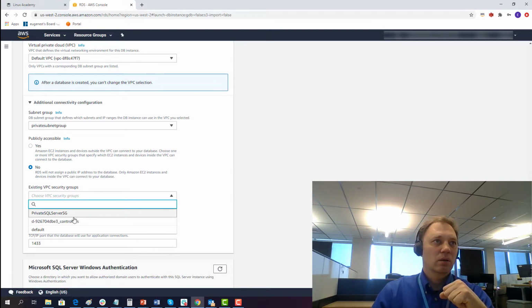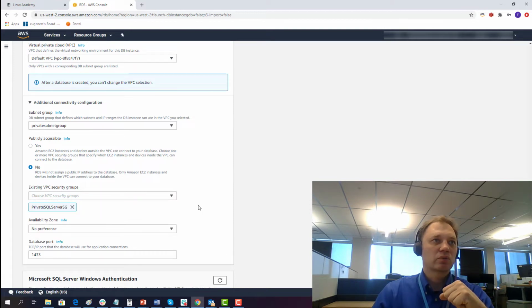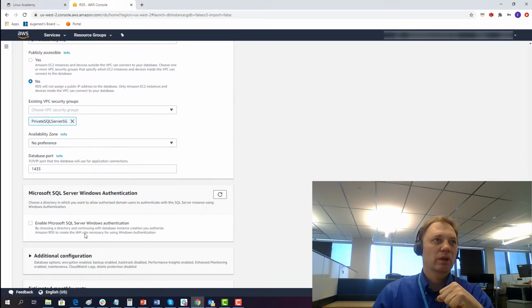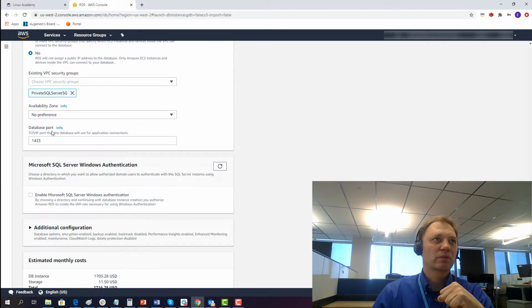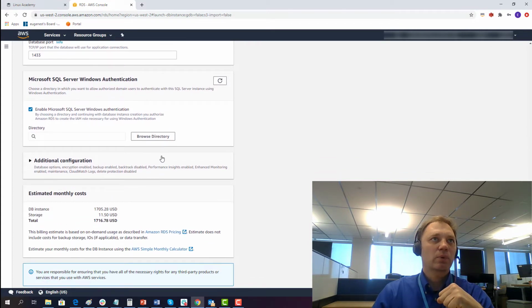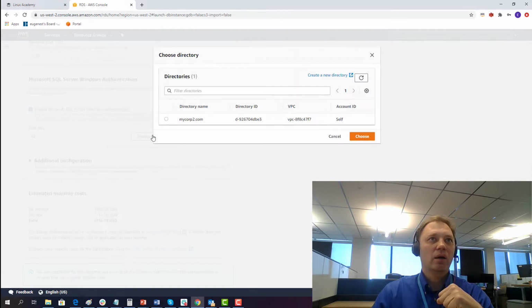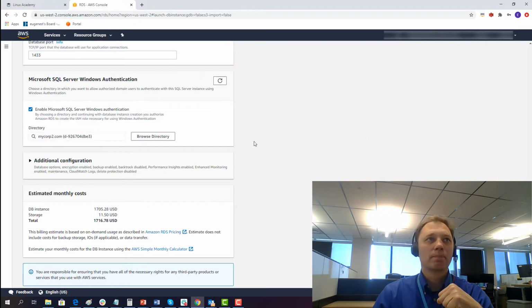And security group, I'm going to deploy it to my private SQL Server security group. I will have no preference for availability zone and the port. I'm going to leave that at default. And here we're coming up on Windows Auth. I am going to select my mycorp2.com